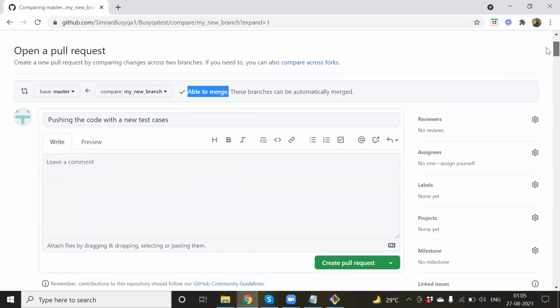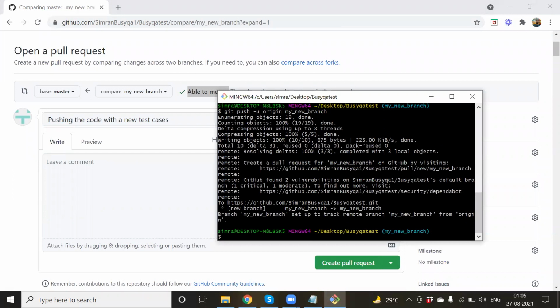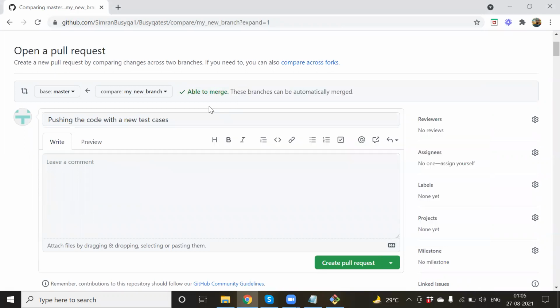Okay. So as a person responsible, as a QA or as a developer, whoever I am, I am responsible for my changes in my local, and I push that in my branch. Now for that branch, the final destination of the new code that I added needs to go into the master, guys. That is the final destination of the changes. So this is what I want to do, but I cannot do it directly if I'm not a lead, if I'm not the person responsible for the team, for the project. Then I have to create a request to the lead, to the person who will be reviewing it.